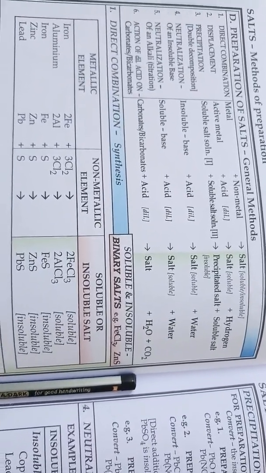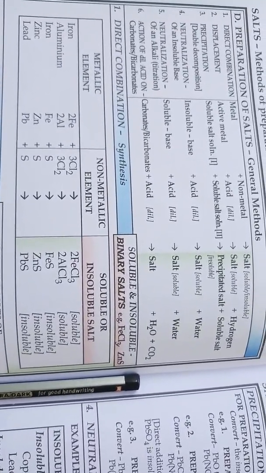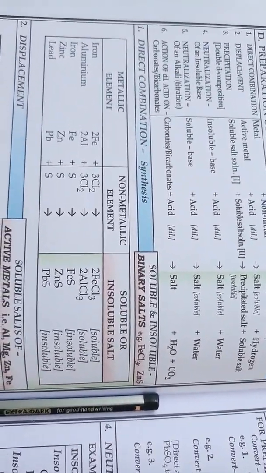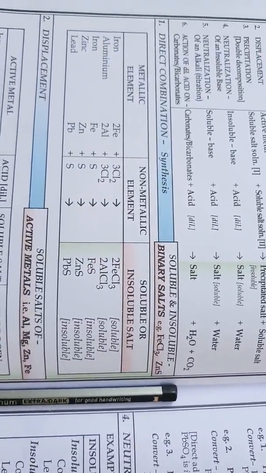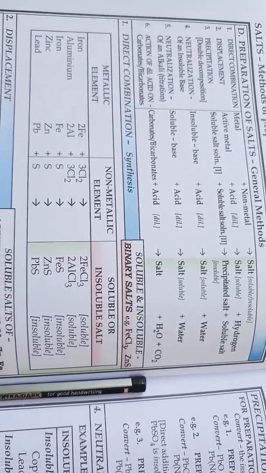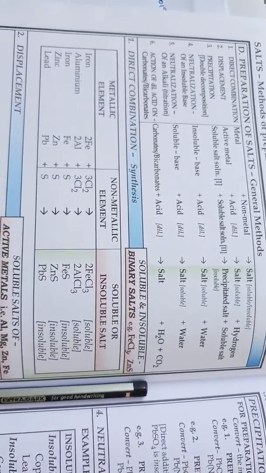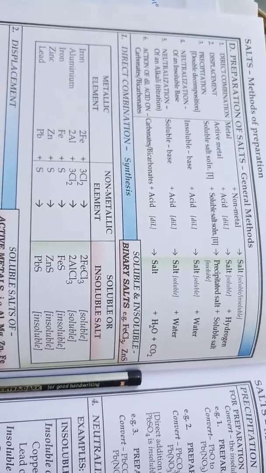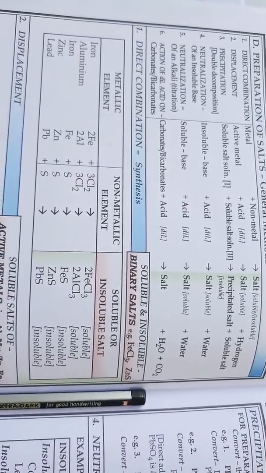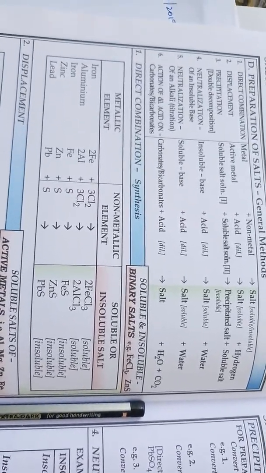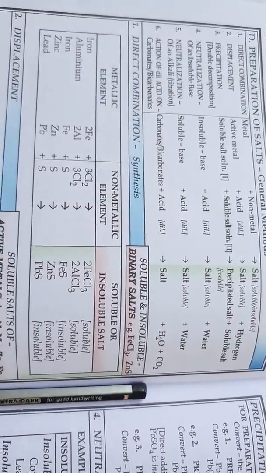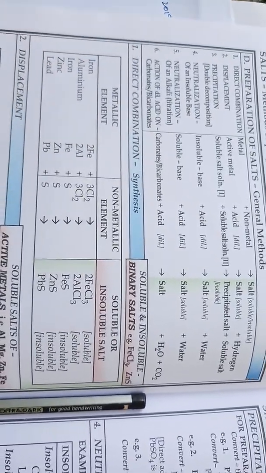When a metal and non-metal react directly to form a salt, we call it direct combination. It is just a very simple preparation. The displacement method, this we generally learn in class 9 again in the second lesson. When a more reactive element displaces a less reactive element, by this displacement method we prepare salt, and it displaces hydrogen generally from the acid. This you learned in the previous pages about the chemical property of acid. In that same lesson you learn about this, right?